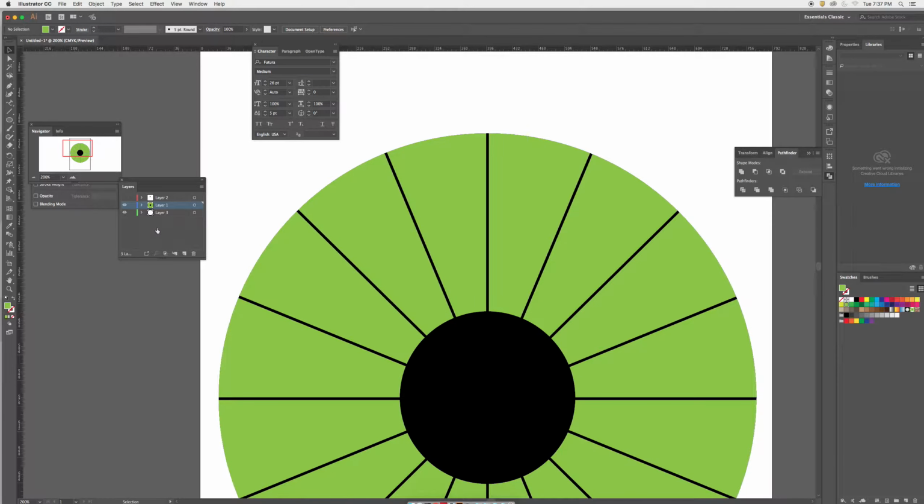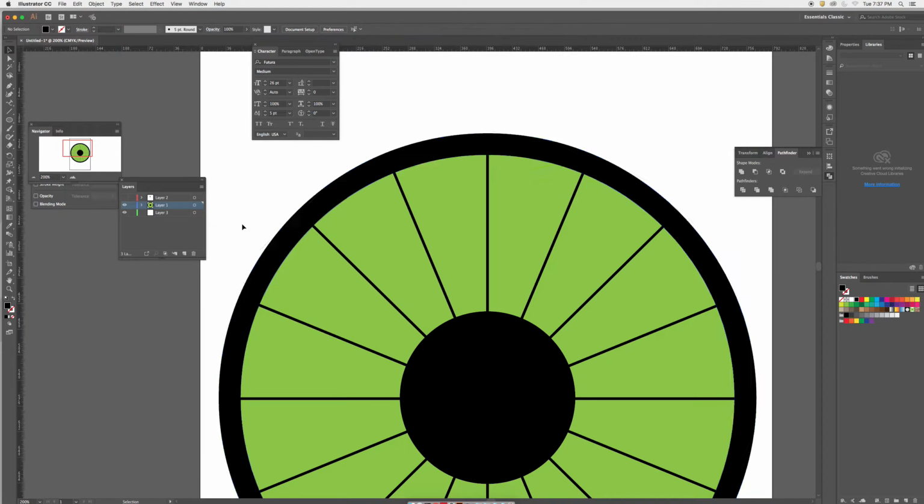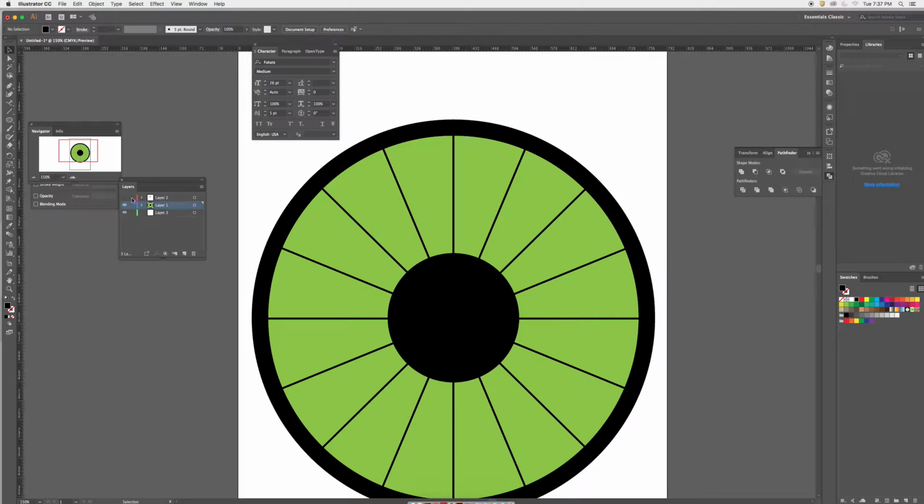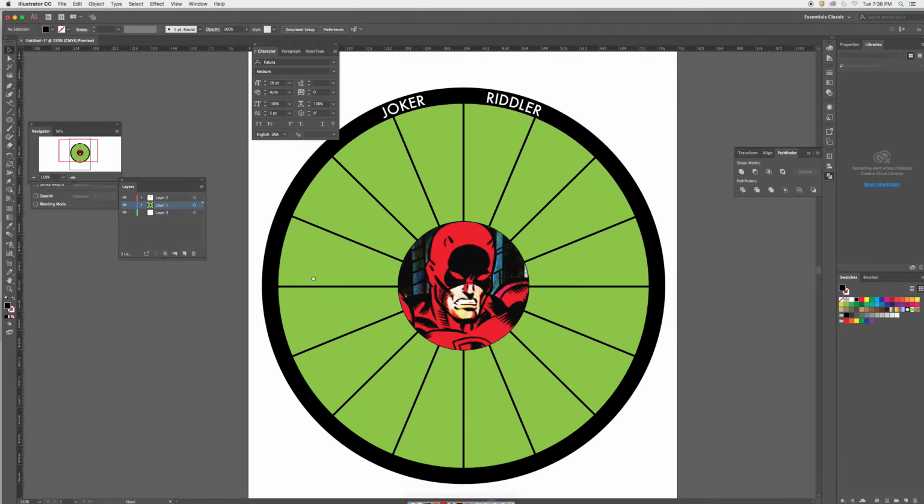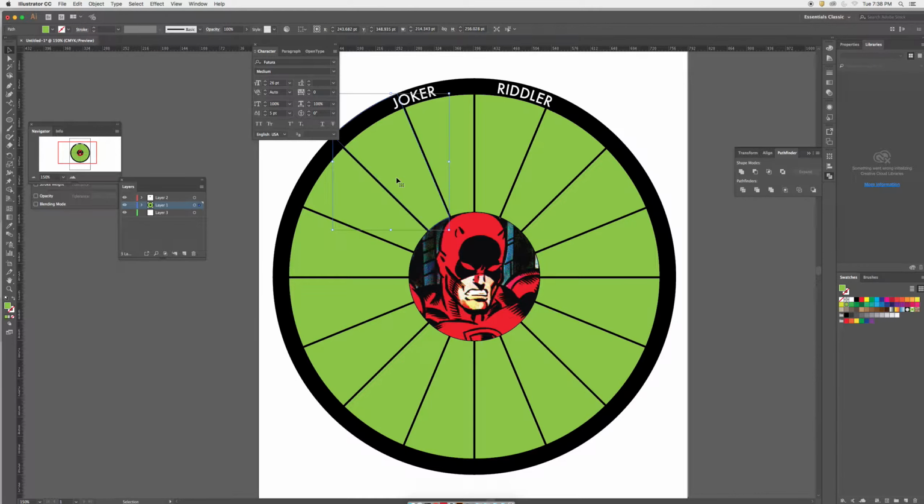Okay, so let's go back to that. Okay, so why isn't it working? Because it's in the back. Okay, so where's the Daredevil? And so with that, you go in here, and again, you know what you can do also is if you wanted, you can come here, find your absolute center, Option Shift, is that perfect circle? Find that intersect. There's that one, down, down, down. Option Shift,